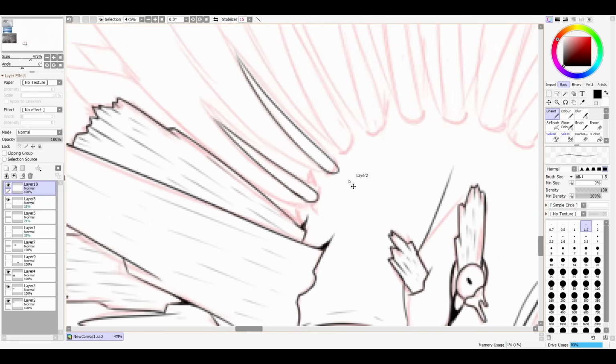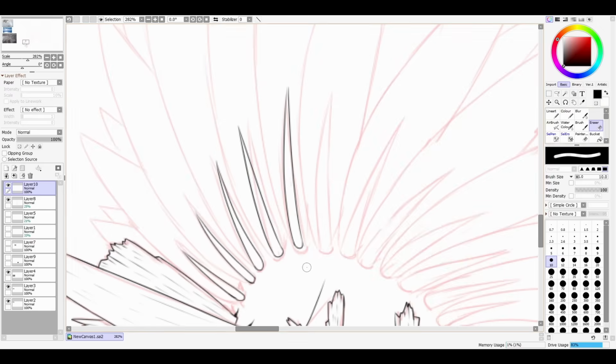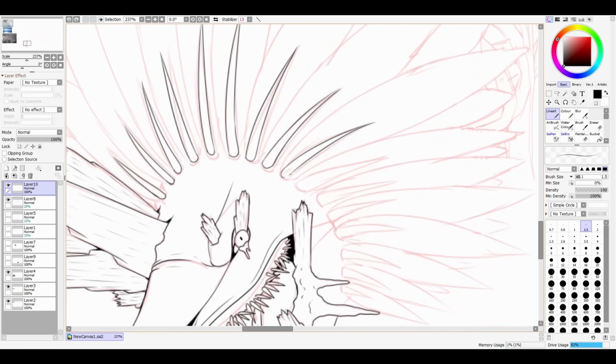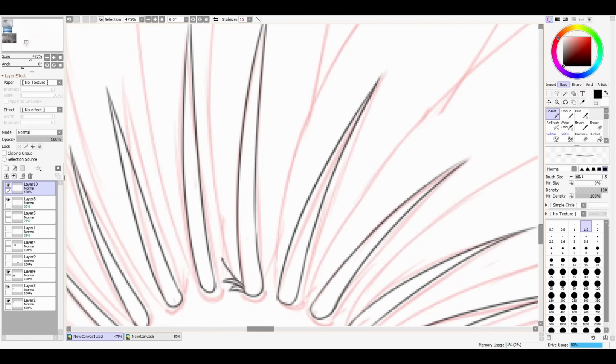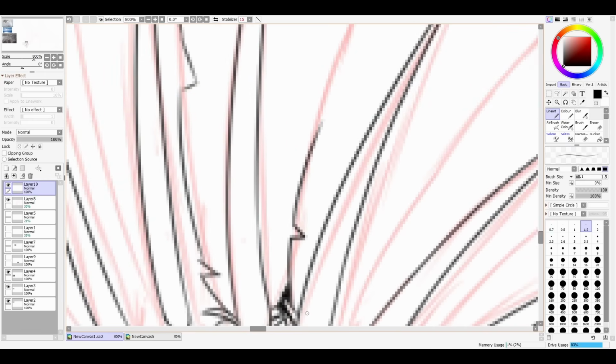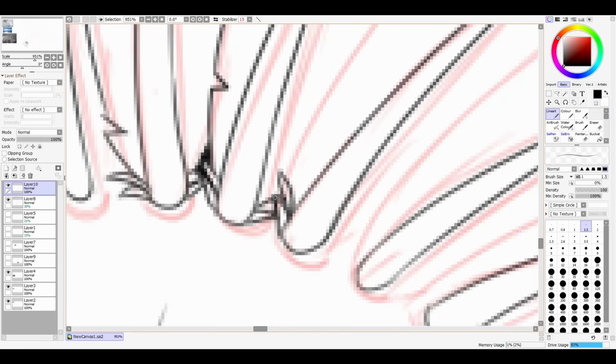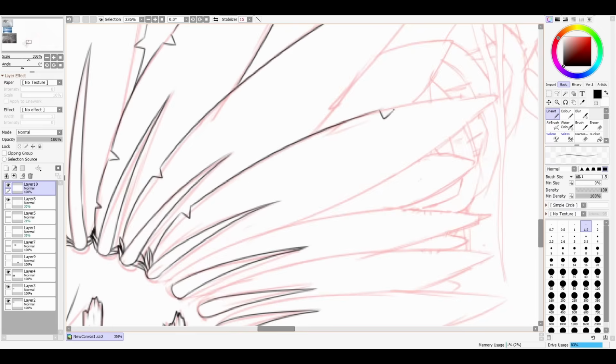I will always say it in every video, line weight variation is so important if you're someone that does line art. I did at first think about possibly putting in some lines for the scales, but in the end I decided to save doing the scales for the later texturing phase, which I think was a good call in the end. However, I did make sure to add plenty of texture with the lines on the feathers. Not too much so that it's just all black lines everywhere, but enough that it could sort of guide me